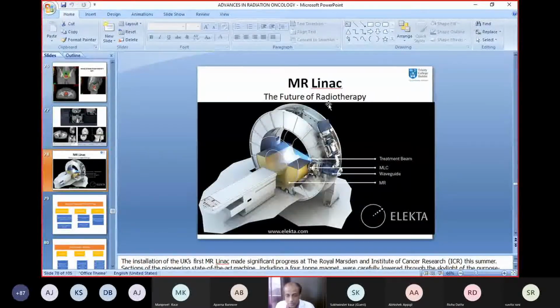In the recent world, a new concept is coming, the MR-Linac. The earlier linear accelerator which I showed works on the principle of X-rays. This linear accelerator works on the principle of MRI. MRI is used to delineate soft tissue, and it plays a much better role compared to a CT scan. The MR linear accelerator we will be getting in our new center at Mohali, Mullanpur. This is very costly, high-end equipment in today's world.